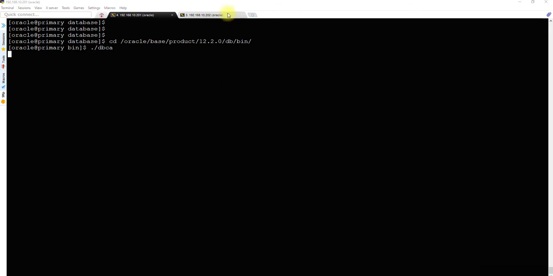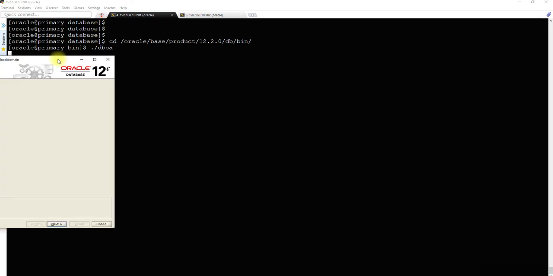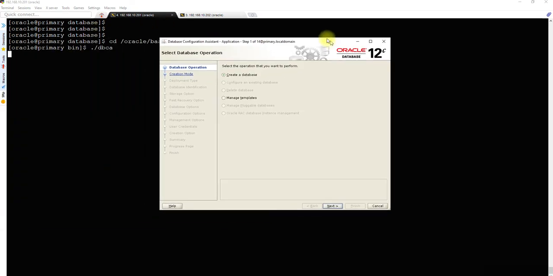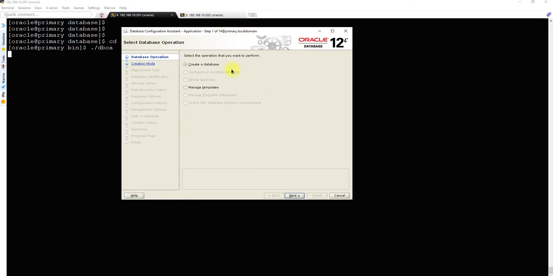We will set up the disk group later in the 202, later meaning after we are done with the dbca utility. Let's wait for the installer file to come up, or this GUI, okay. So we need to create the database.